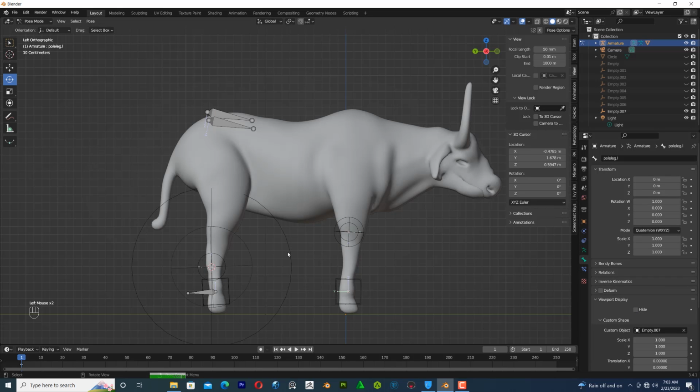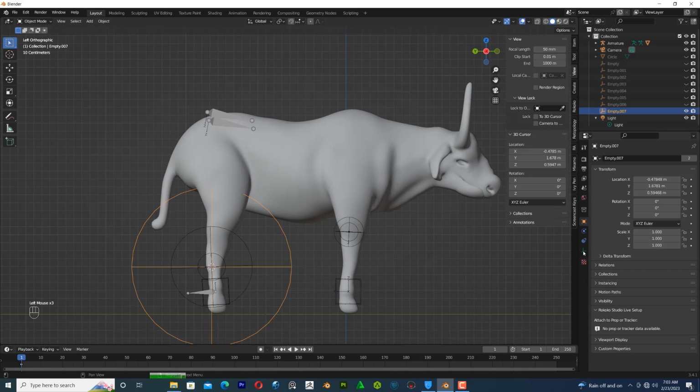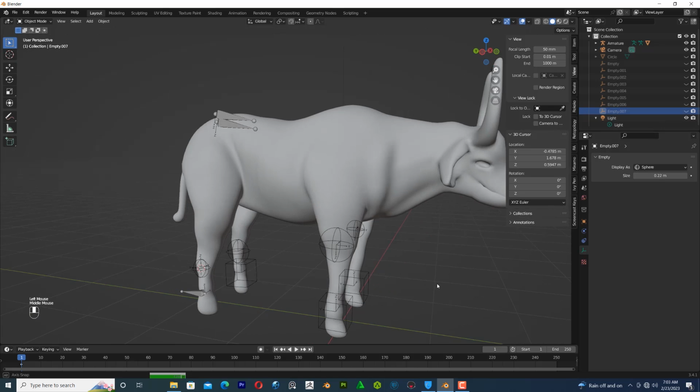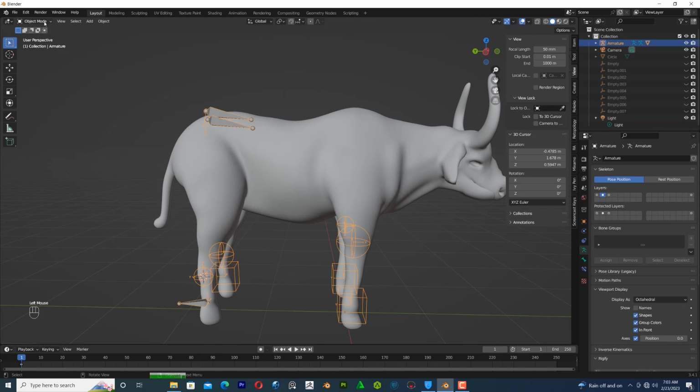so this, and come to the object mode, select this one, and resize it to your liking. Okay, I'm gonna hide this. Then come to this leg,